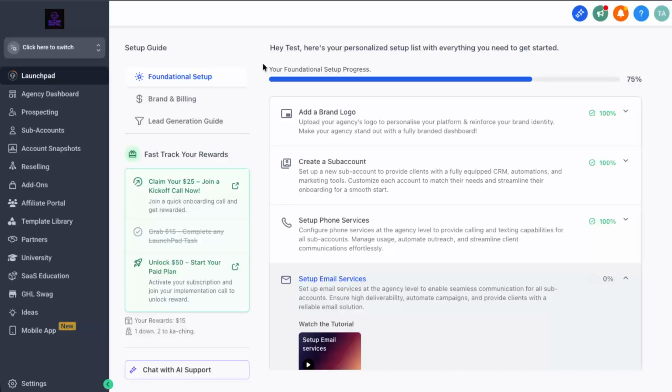First, log into your GoHighLevel account and head over to your agency launchpad. This is the main starting area where you usually land when you open the platform. If you don't see it right away, look for the option labeled Launchpad in your agency view and click that